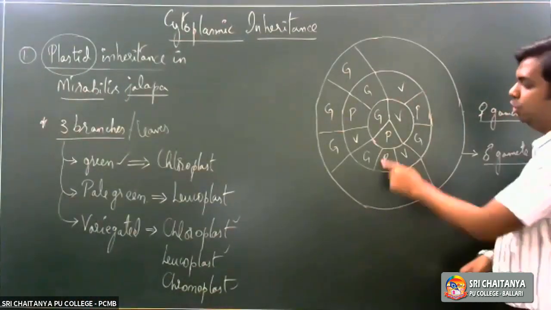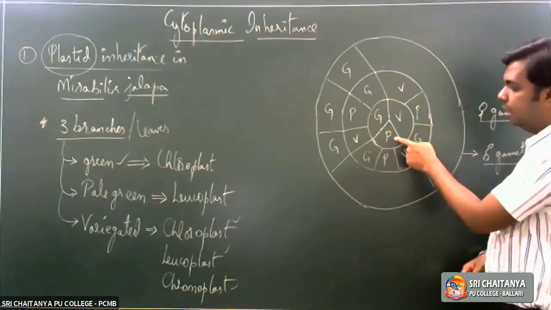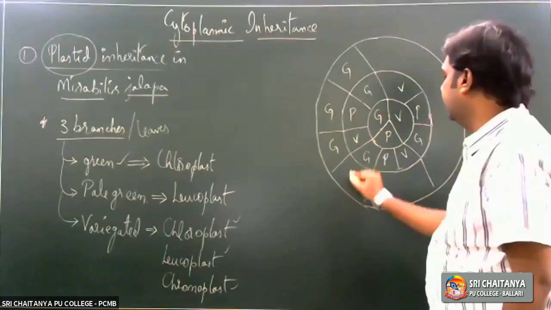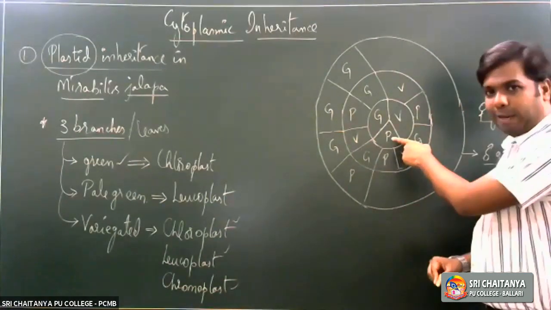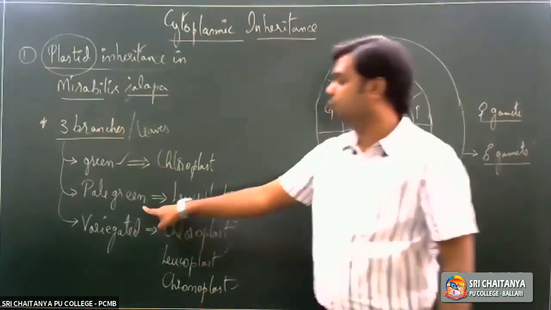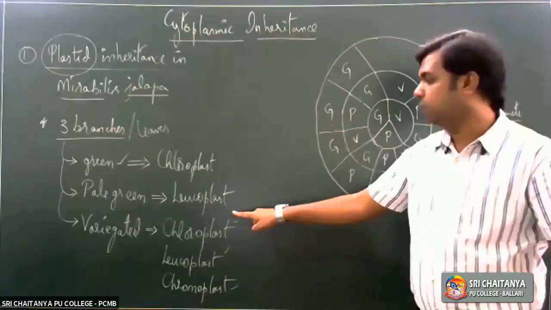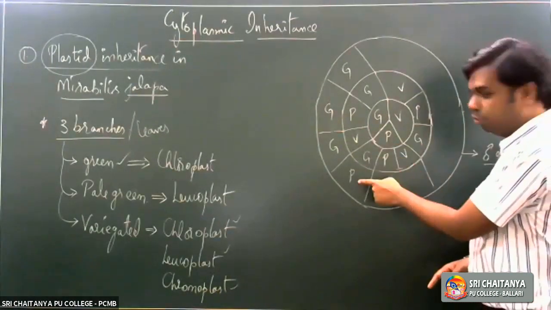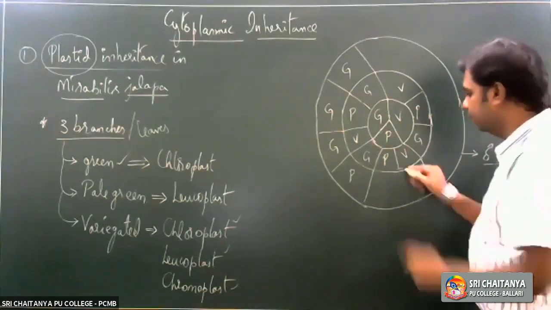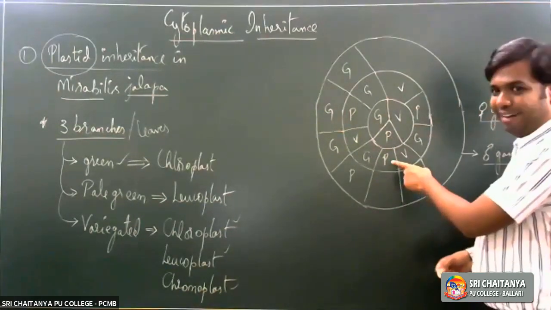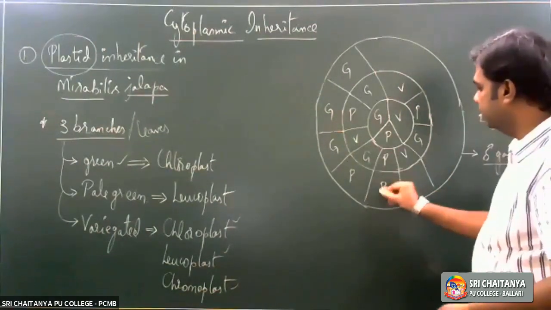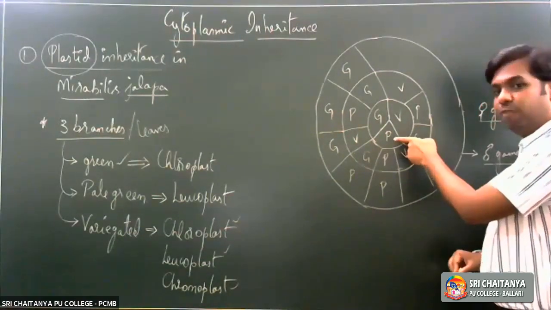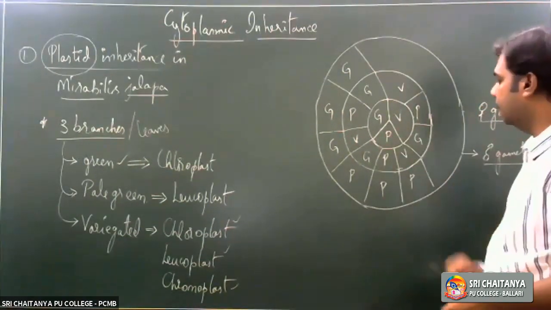So talking about the second condition, a green colored female now fertilized with a male gamete of pale green branches. So what would be the condition here now? Definitely they would be inheriting a plastid called leucoplast, because we know that pale green branches or leaves have the plastid called leucoplast, right? So the mother contributes leucoplast to the offspring, therefore the offspring also will be pale green. Second condition here, pale green male gamete, pale green female gamete, the offspring will obviously be pale green here. Third condition, variegated male gamete, pale green female gamete, again the offspring here would be pale green.